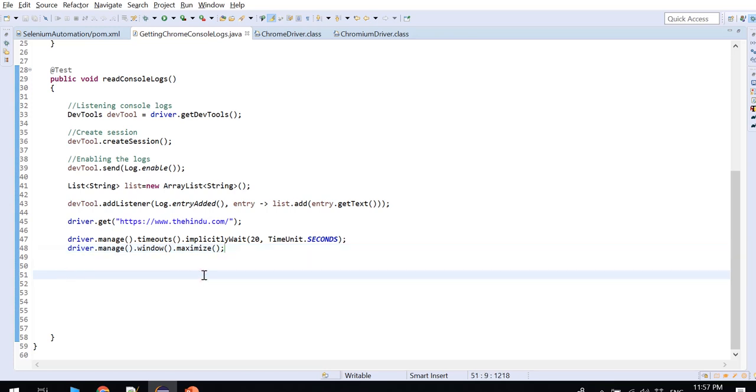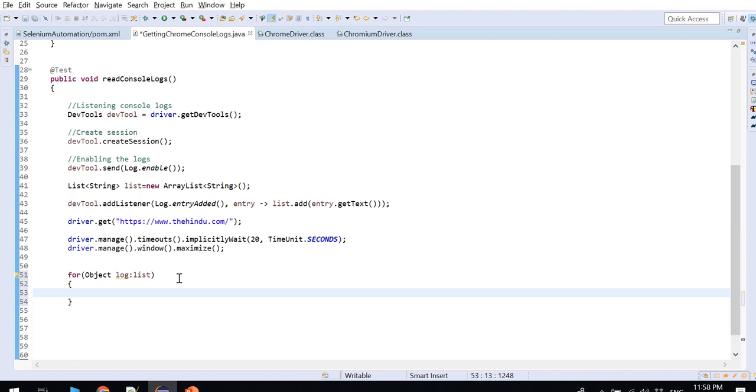Now we can print the logs we are reading. I'll use a for each loop over this list, with an object, I'll say log, using the reference of this list. So here we are printing the logs. Let's see what the output will be.